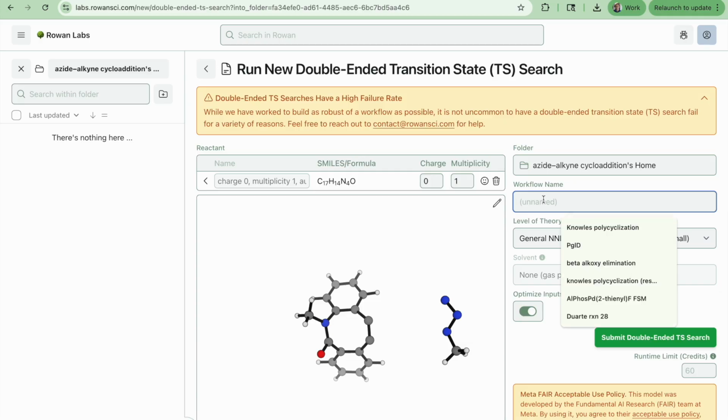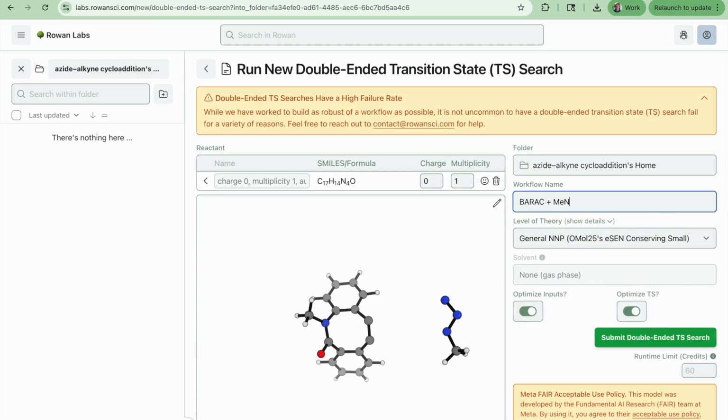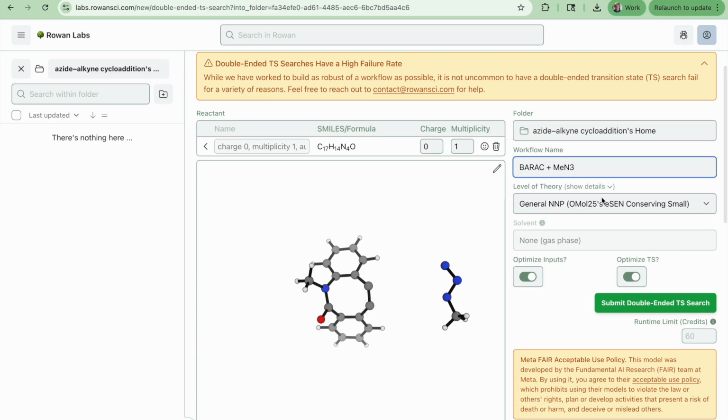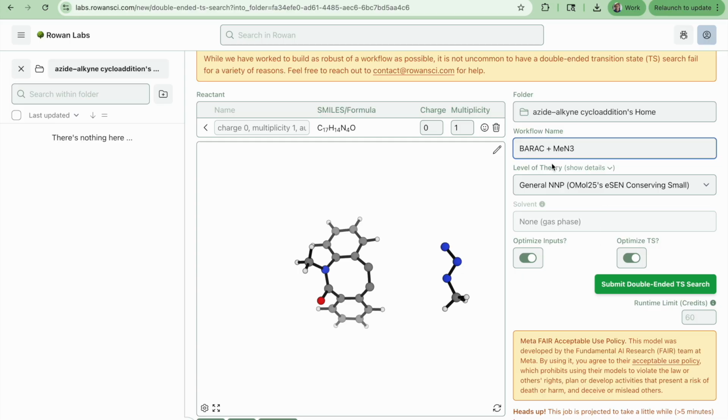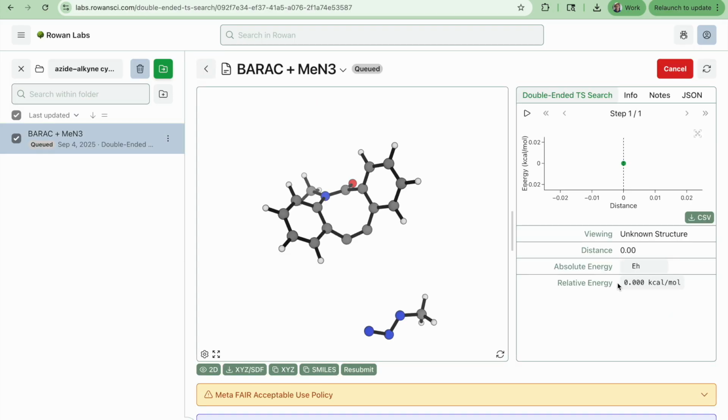Okay, and so now we'll say Barak plus methyl azide. We'll stick with the OMOL ESEN conserving small NNP for this study, which is quite a good NNP for this. We will turn on optimized inputs, but we'll turn off optimized transition state, and we'll run that transition state optimization separately to make it a little easier to show in the video. And we'll say submit double-ended TS search. All right,